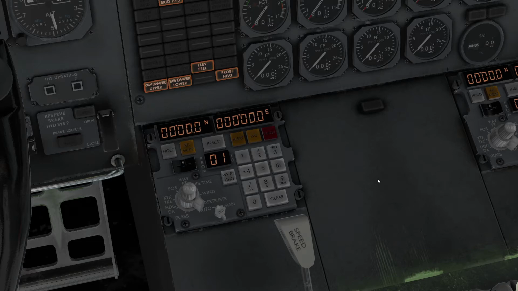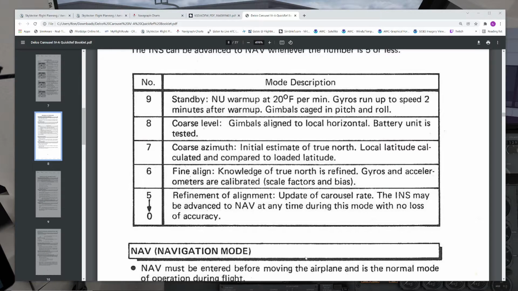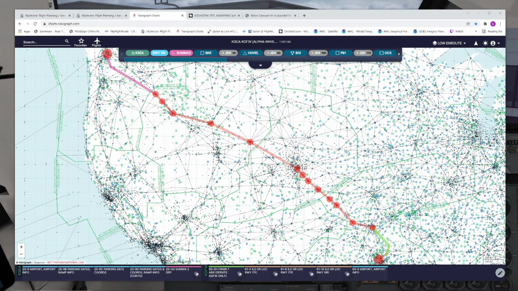So this flight is out of the South Satellite Terminal at Seattle-Tacoma. And I'm going to show you 2 sources that I know of. One of them would be if you were a NaviGraph subscriber, so let's have a look at that first. And if you're not, I'm going to show you a super easy way after that. But anyway, if we were in our flight plan of NaviGraph, and then we were looking at the charts that were available